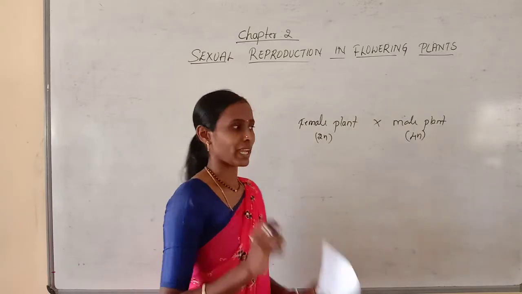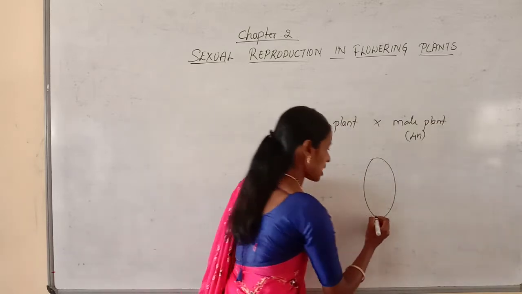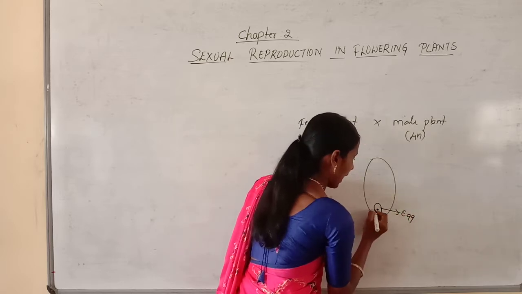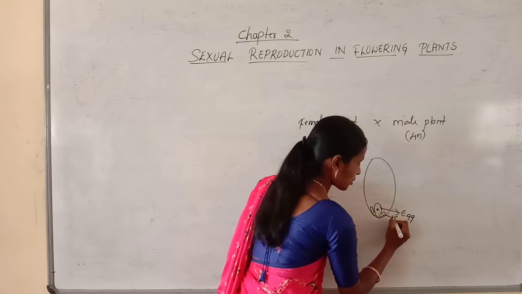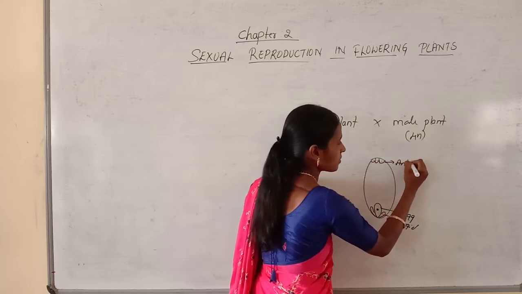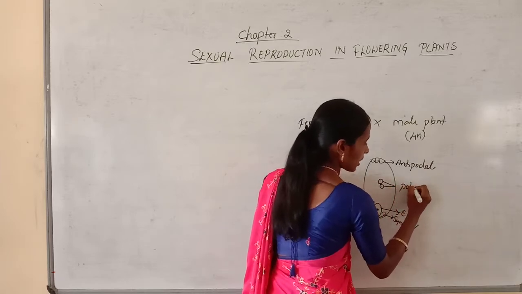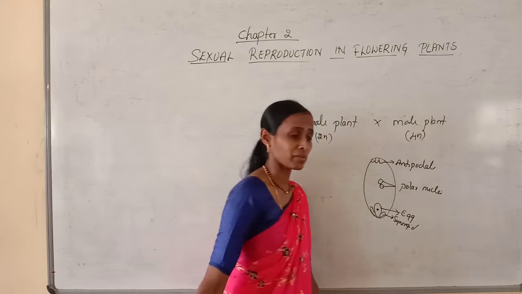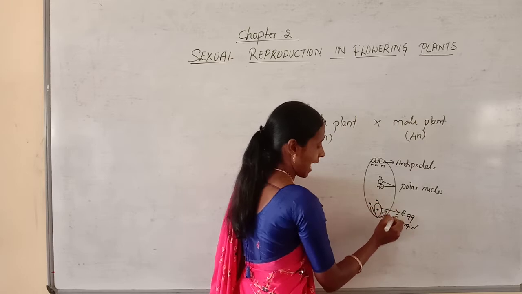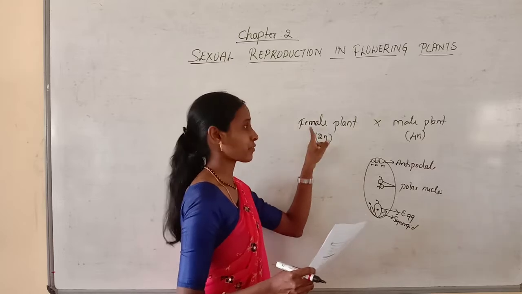In order to know the ploidy of the endosperm, we draw the embryo sac. The female gametophyte is called the embryo sac. You know that here. So this is the egg, and here we can find the presence of synergids. And here we can find 3 cells which are called antipodals. And in the center there are 2 cells which are called polar nuclei. And if you remember, here all the cells are haploid in nature. So all are haploid.